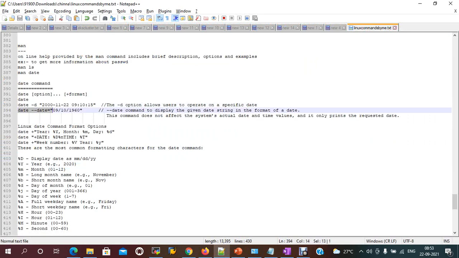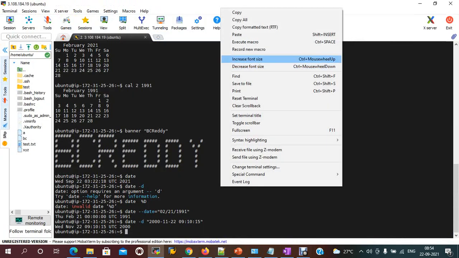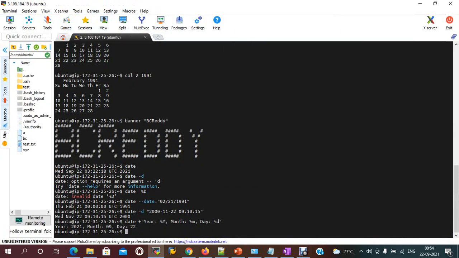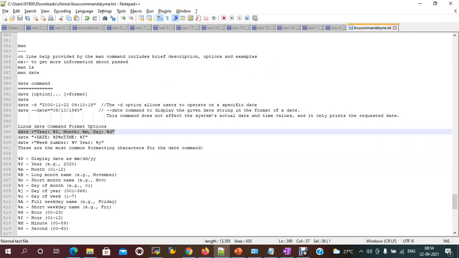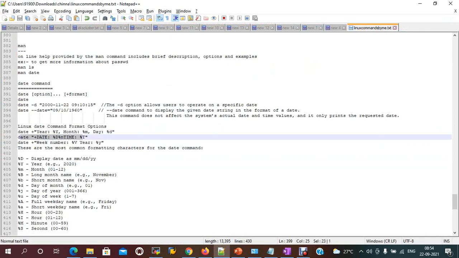And this command we have already seen, to display the given string format. If you provide it like this, it will come year, month and date wise. And if you need another format, this is the format.